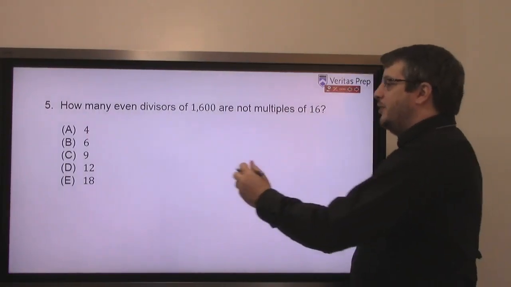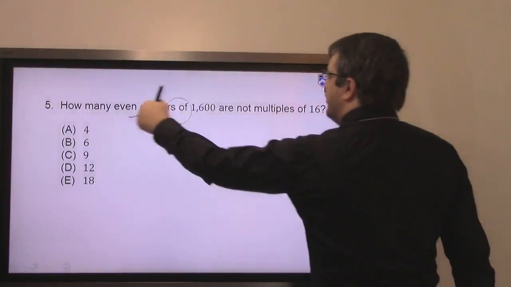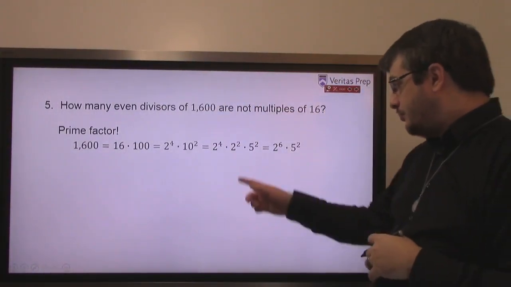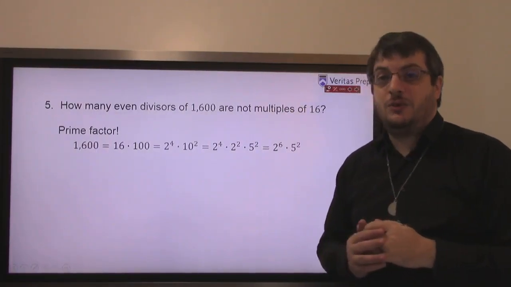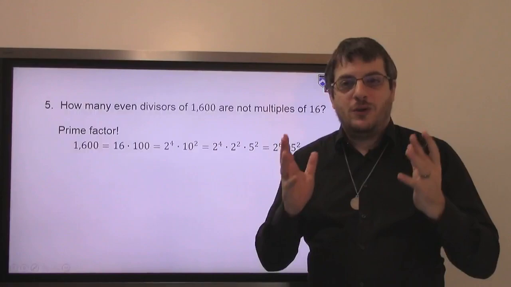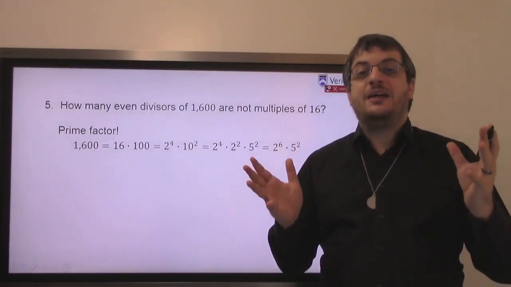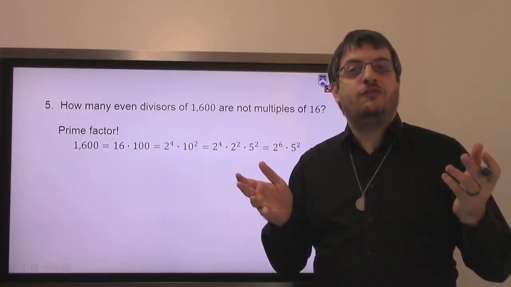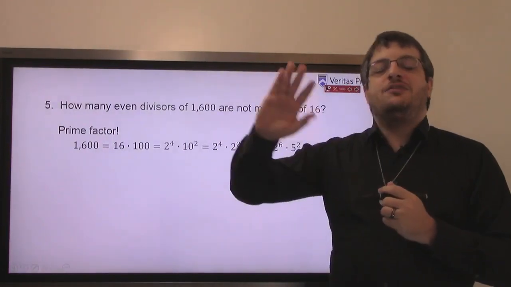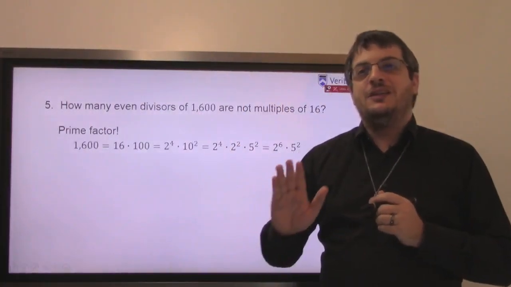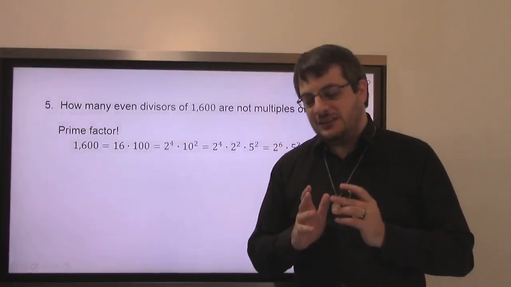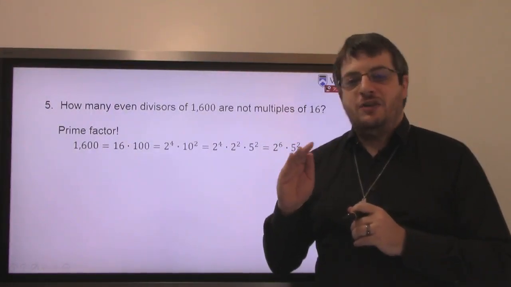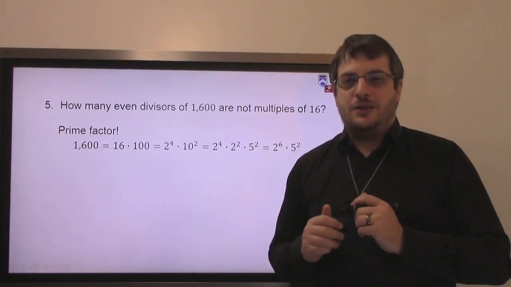As always, anytime they're talking about divisors, multiples, again, prime factor. Prime factor this, prime factor that. And when you do, 1600 is 2 to the 6th times 5 squared. All right? And so the way I see this is, I have a bag, and in that bag, there's 6 2s, there's 2 5s in there, all right? Now, yes, formulas, whatever. I don't care about the formulas, Sager. I really don't. In fact, I'd prefer that you not, because what I want to see is that you can think about these problems. Because again, that's the only thing that makes me know that every possible twist I can throw isn't going to bother you.